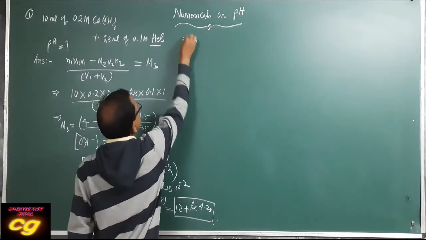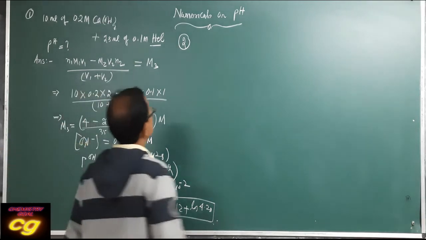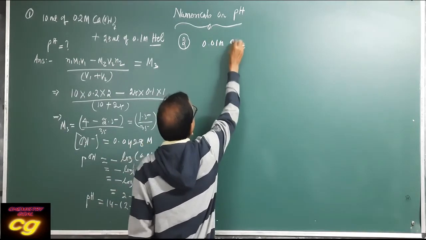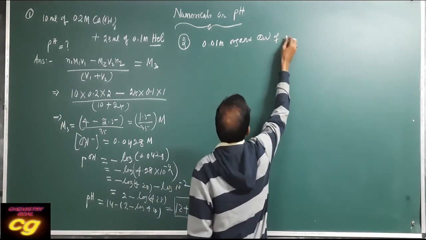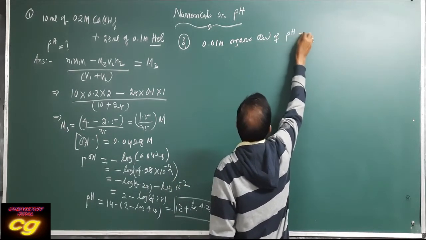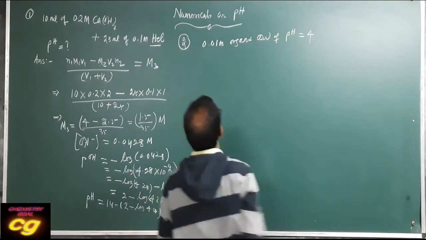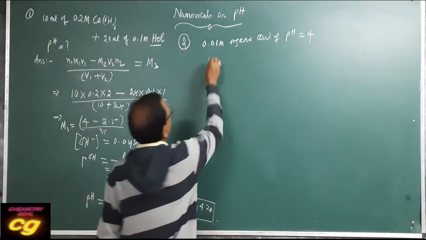The second question is like this. A 0.01 M organic acid has a pH value equal to 4. An organic acid of 0.01 M concentration has pH equal to 4. The question is, calculate